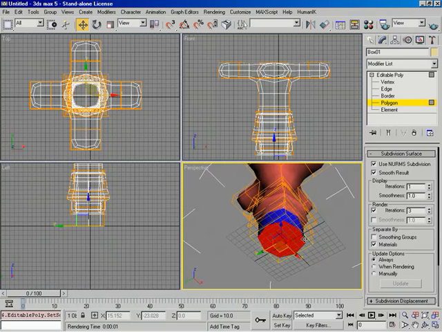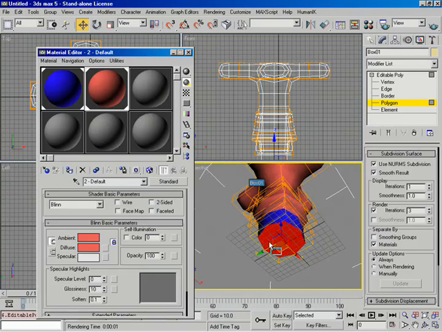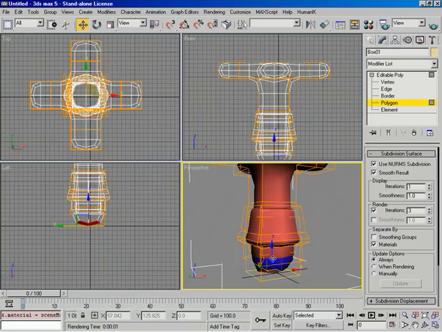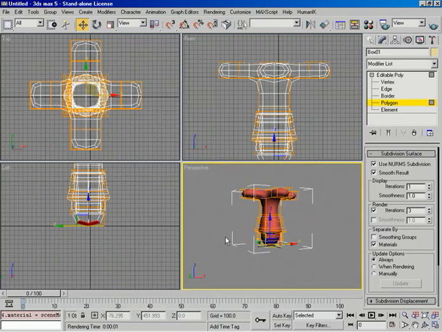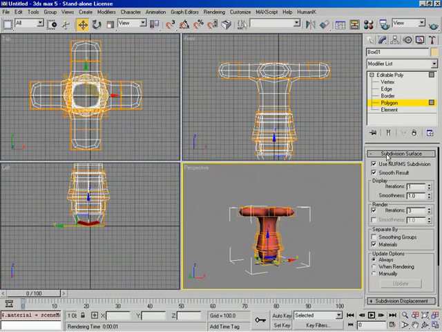I can just simply come in here and grab this, come back up here, and apply the blue down here to it, and look at that. Wow. Now NURMS is going to go in there and apply those additional polygons for smoothing or rounding out the bottom. Very, very cool. The final thing I'd like to talk about as far as this rollout is concerned